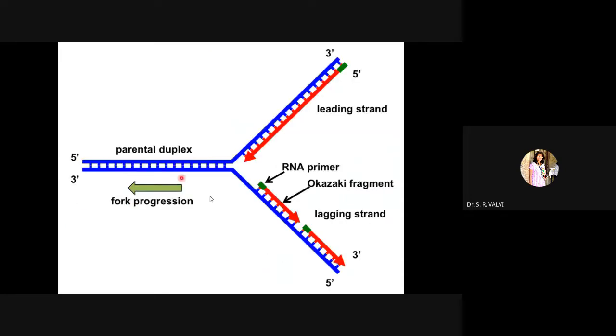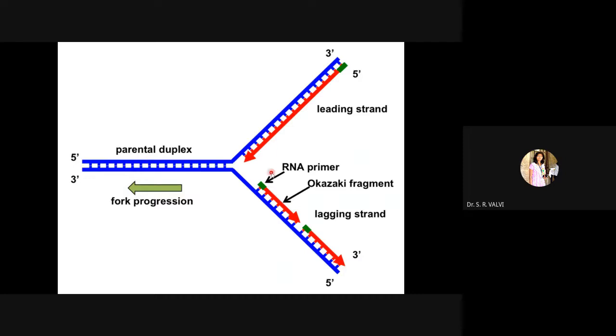Now here you can see exactly how this replication starts, right? Here you can see this is the 3 prime end, and here it is 5 prime end, right? The opposite of it is, here it is 3 prime and here it is 5 prime, because these strands are anti-parallel to each other, and hence the ends are likewise, right? 5 prime to 3 prime, and the opposite strand is from 3 prime to 5 prime.